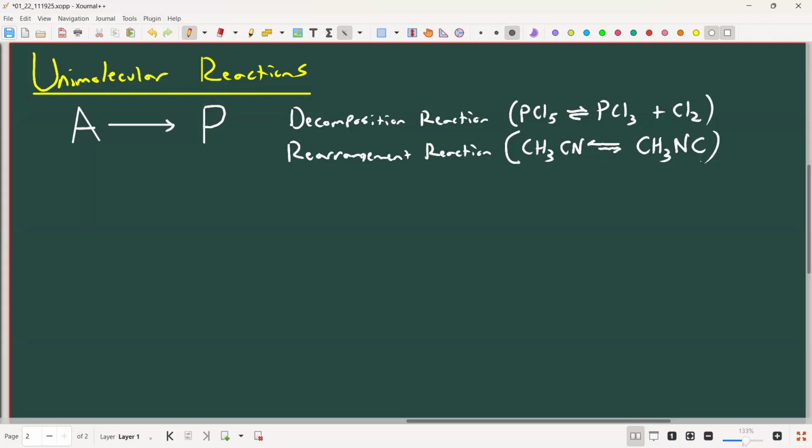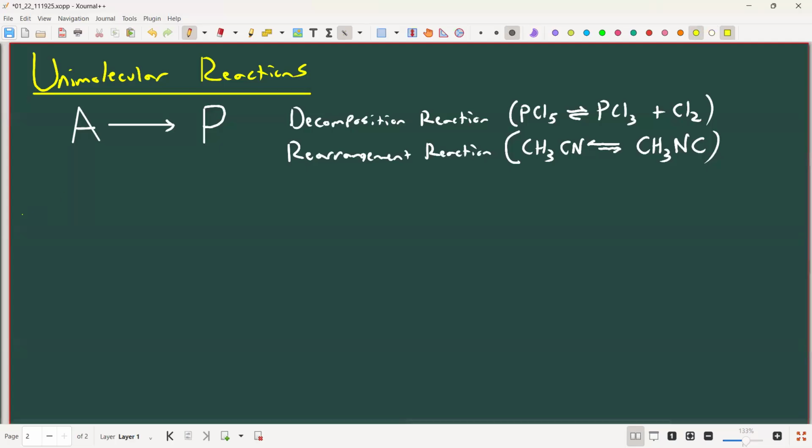And I want to motivate this discussion with a little bit of history. When we talk about this, it's not a political conversation, it's a philosophical conversation. This is an interpretation of an experiment that was done in the early 1900s. And what we're going to learn is what's called the Lindemann-Hinshelwood mechanism